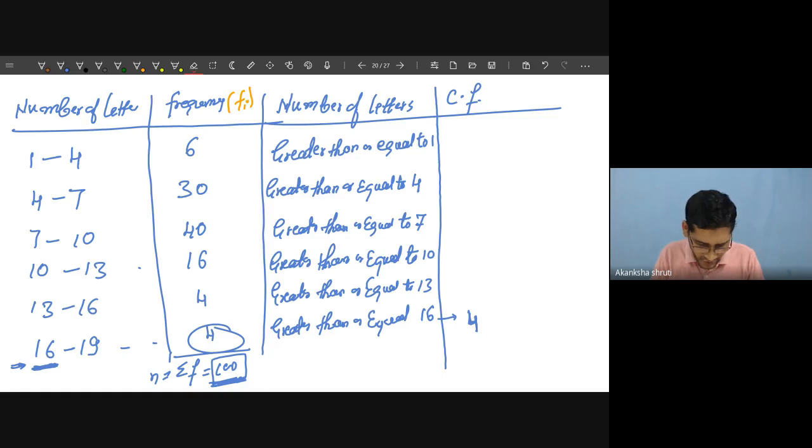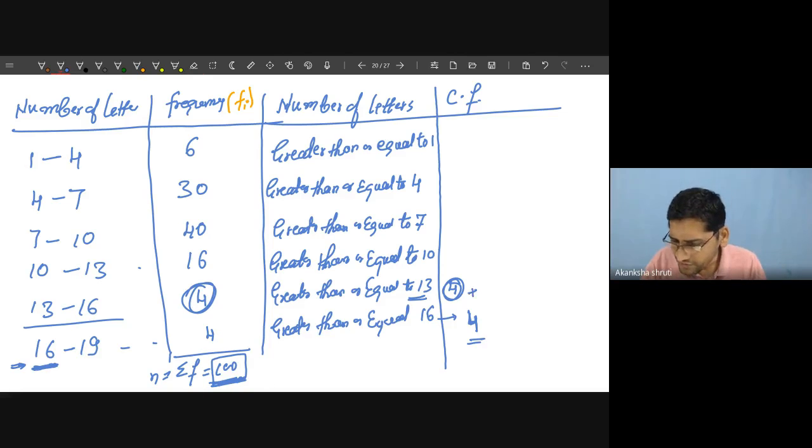The other one, coming to the second last row, means for the interval 13 to 16, greater than 13. Greater than 13 includes your frequency from 13 to 16 as well as 16 to 19. So for getting that, 13 to 16 is our 4. Whatever this 4 we have, this 4 we have written here, and the other 4 that we have taken is this one. So this 4 becomes your 8. Okay, another one, consider the 10 to 13. Sorry,